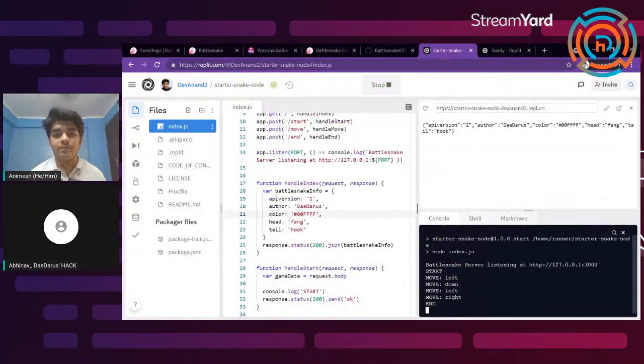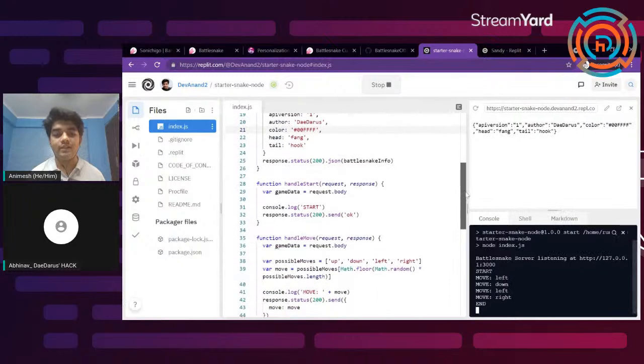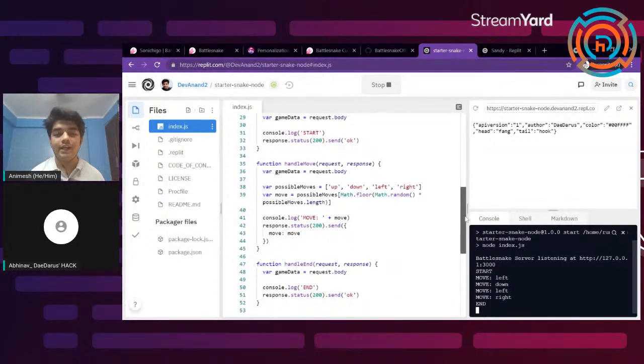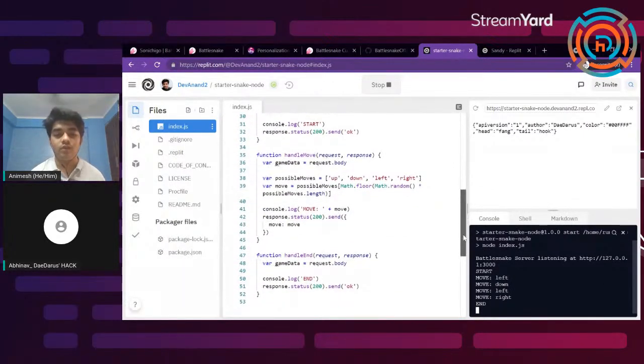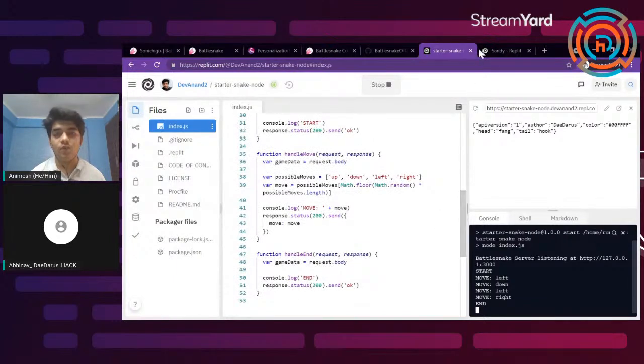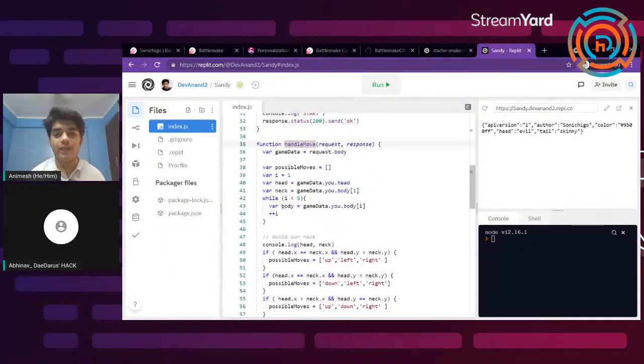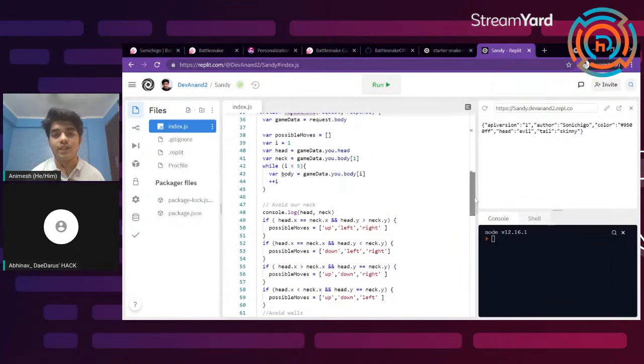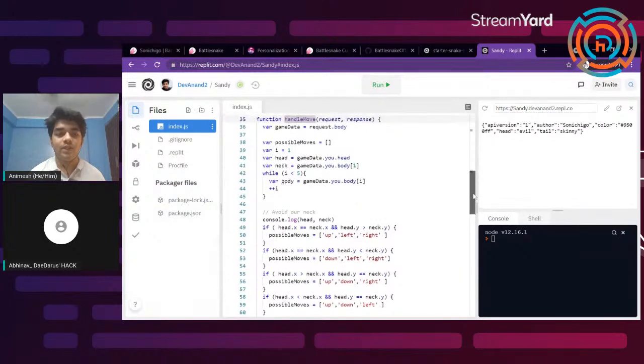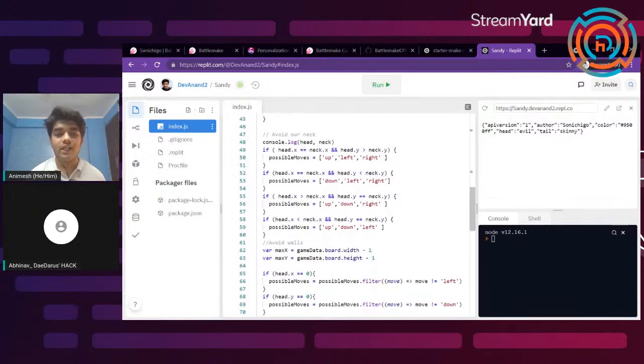So you can see that there is a basic difference in how we are handling the request and how it will move. Basically it's here, handle move, and you can see that we have made major changes in it so it can move like that. In this, we have created a list in which we will store our possible moves, and we have requested the game data from the body of the snake. And this is our logic